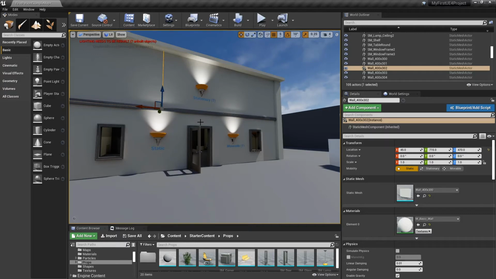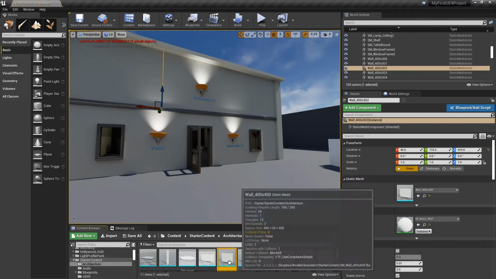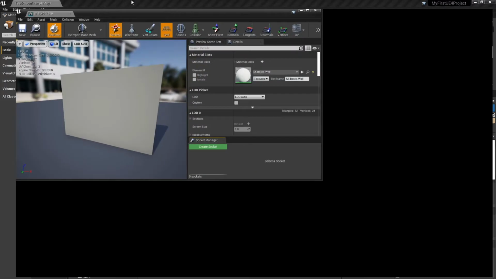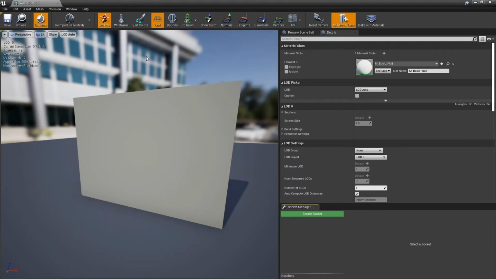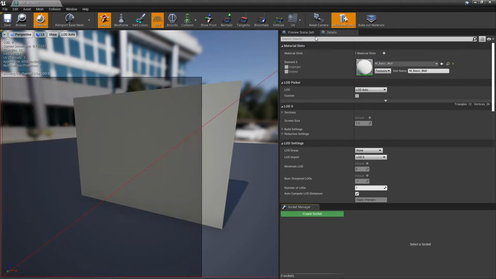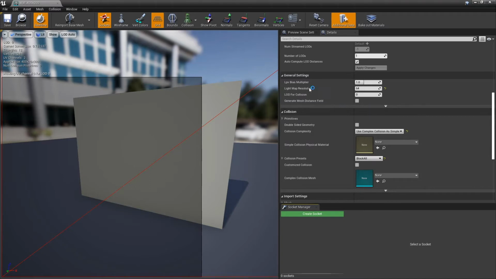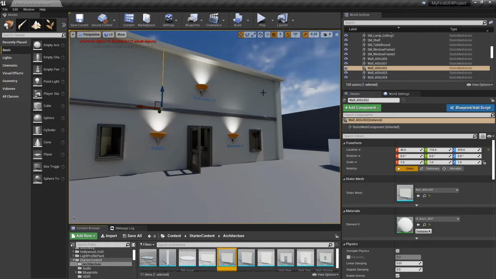However, in Unreal, I'm going to hit Control B to select this mesh in the editor. I'm going to double click to open up the static mesh editor, and we'll take a look at the UVs. The light maps are usually stored in UV channel 0, and also let's look at where the light map resolution is. Under General Settings, Light Map Resolution, the default here is 64. Now let's see how that looks in engine.